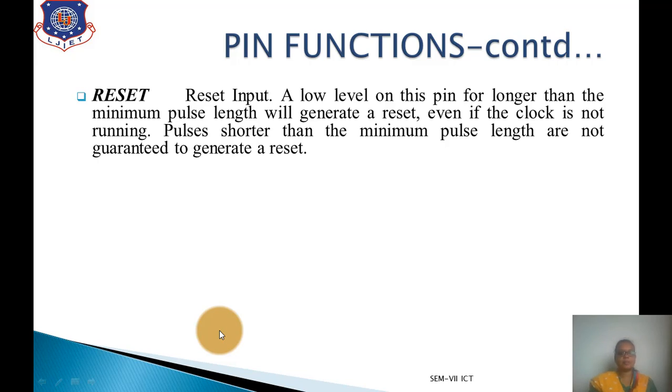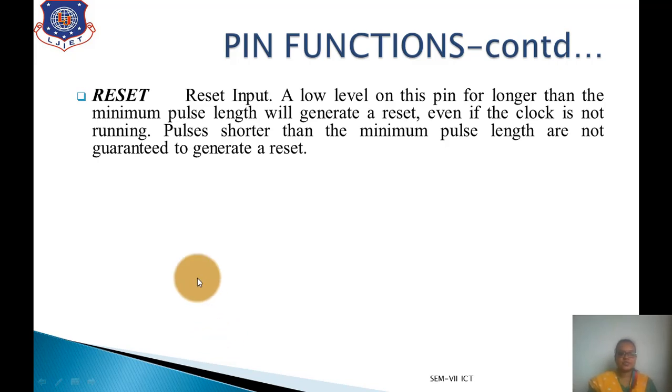As you can see in the pin diagram, the reset pin has a bar on it. The bar suggests that it is an active low pin. So if 0 is given to pin 9, that is reset, for that particular controller, at that time the ATmega32 will be reset. So all the programming or all the tasks will be terminated, and the program counter will go to the initial address, that is 000H.